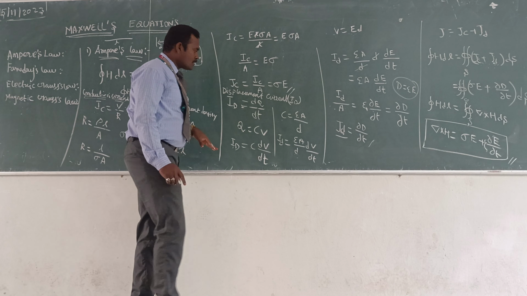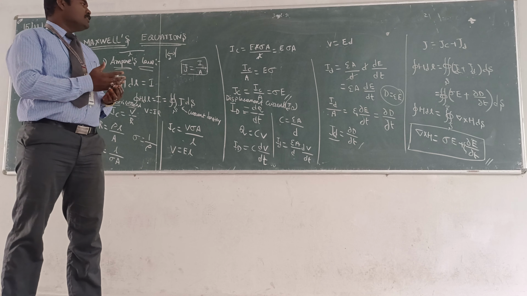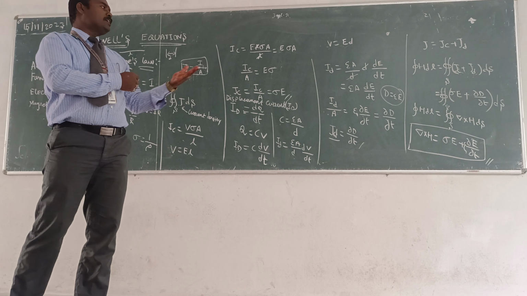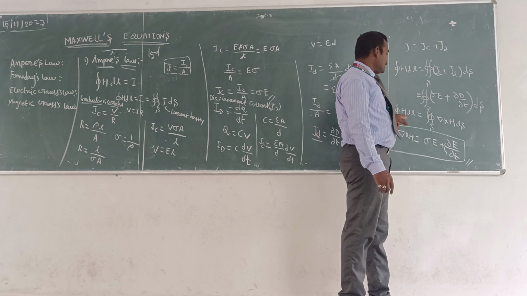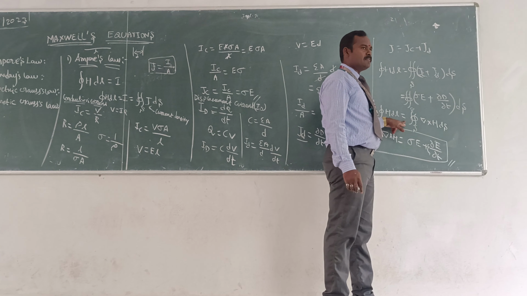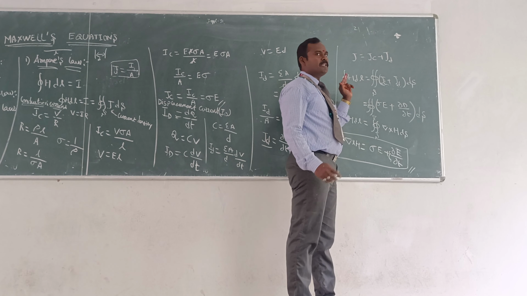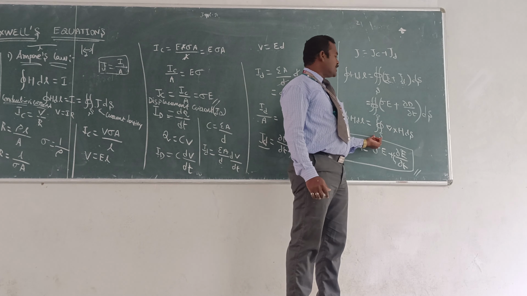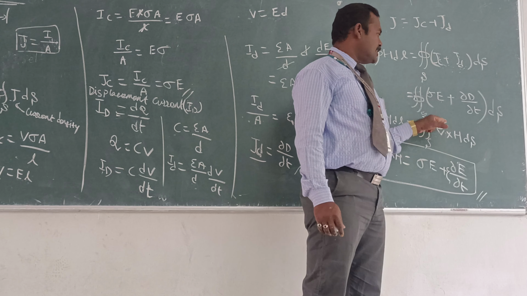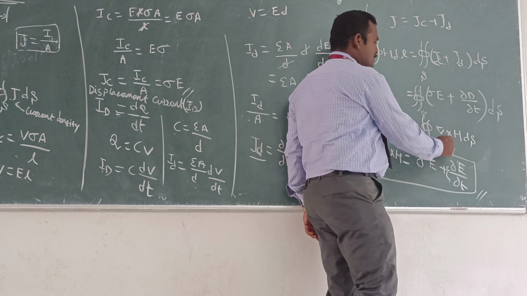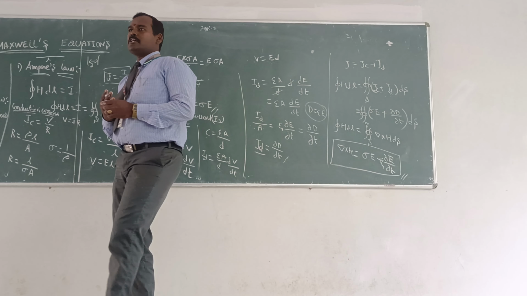You should remember these two things, the conduction current and the displacement current. Through that you can apply, and in the last step, you should remember the Stokes theorem, where a line integral is equal to a surface integral. Here it is directly converted. From the Stokes theorem we wrote the expression, and you can compare the LHS and the RHS, and eliminate the common term. You can see that the surface integral and dS are common. These two expressions are equal. That is the Maxwell's equation, that is the Maxwell's first equation. They may ask you Maxwell